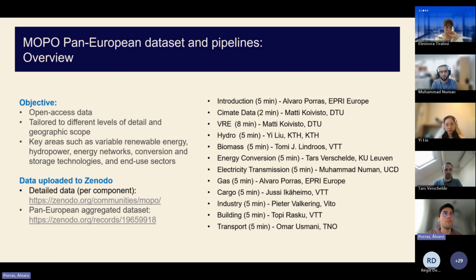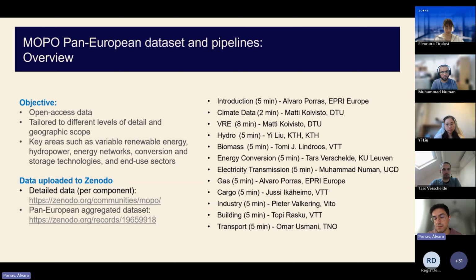All the data, or most of the pipelines, have been uploaded to a Zenodo repository. We have a Zenodo community repository where all the pipeline outputs are. We also have a particular repository where we have the full European dataset integrated.